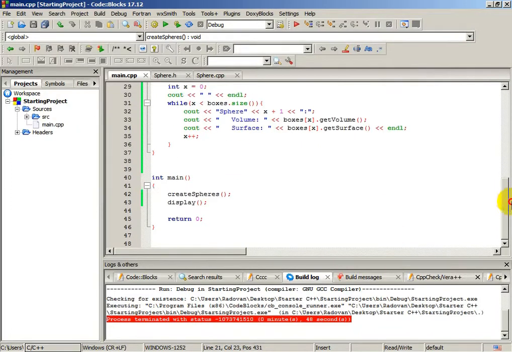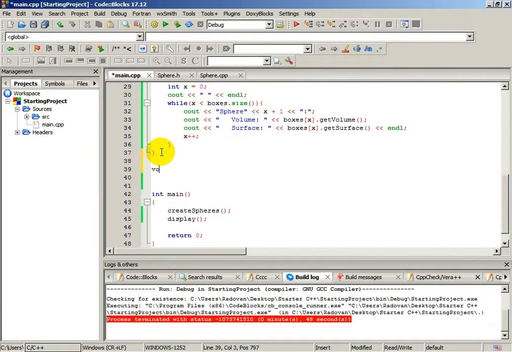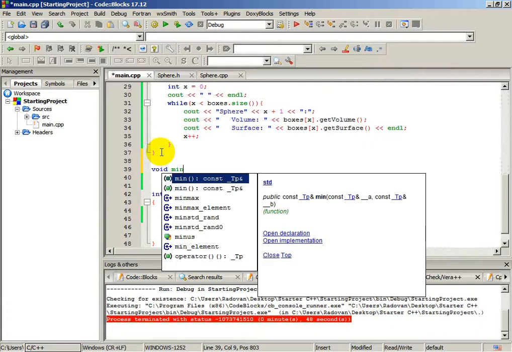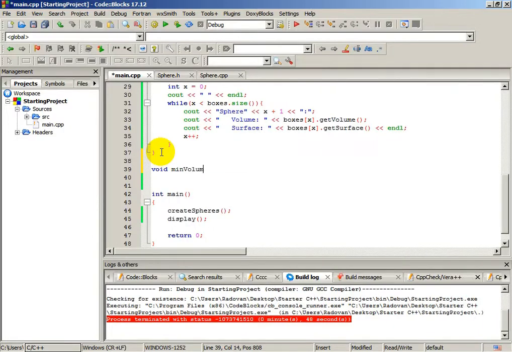Now let's create a void function. Minimum volume will be the name of the function. With this function, we will find the sphere with minimum volume, and inside we need a couple of variables. Let's create one. First, we need